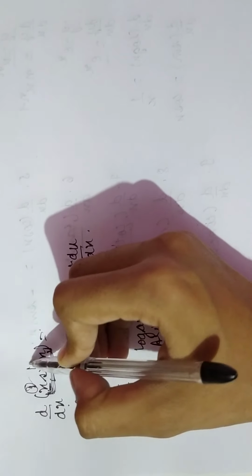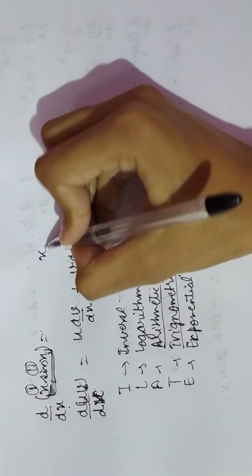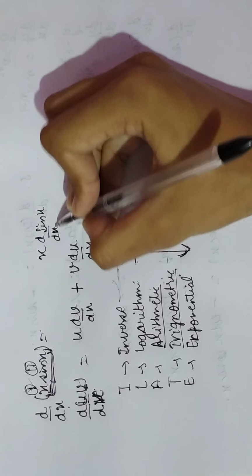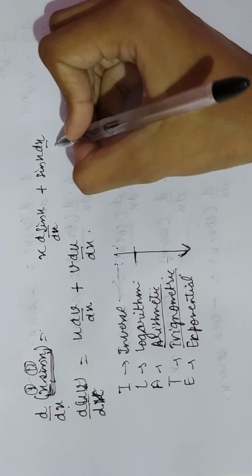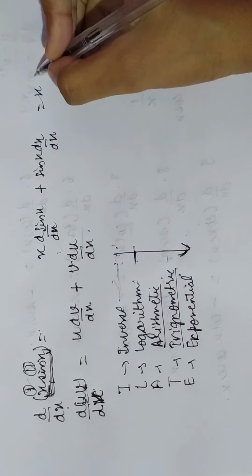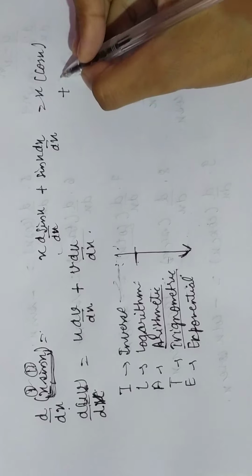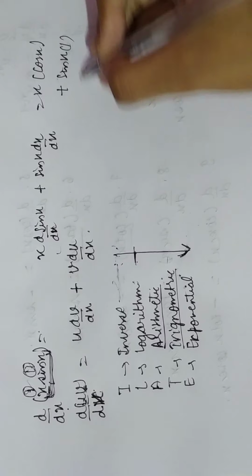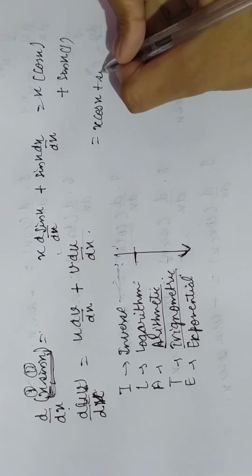x, and the second function will be sin x. So what will be the differentiation of this? First function we put outside and we differentiate the second function, and we put an addition sign, and the second function outside and differentiate the first function. So after solving this, first function is as it is, differentiation of sin x we have learned is cos x, and now addition sign and sin x as it is, and d by dx of x is 1. Okay, so what will be the differentiation? It will be x cos x plus sin x.